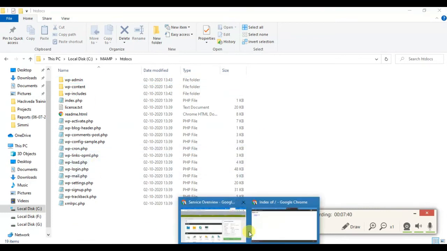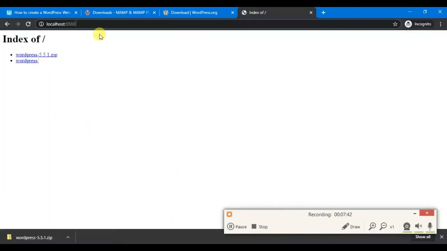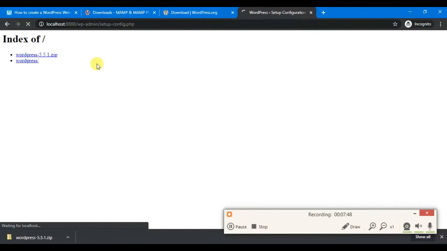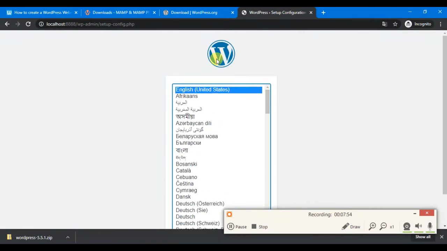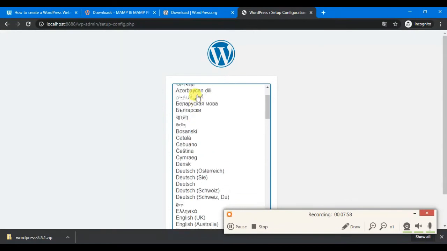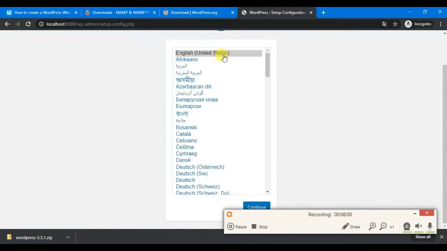Now what we have to do is click on this and reload this page. Maybe it takes 2 to 3 minutes to load. Now this is the installation page of WordPress, asking for the language you want. If you want English United States, you can select it.